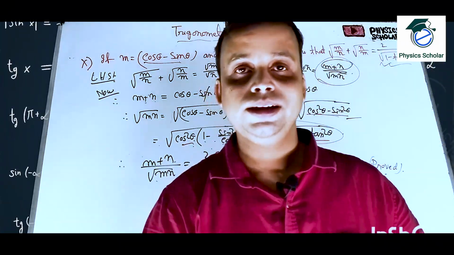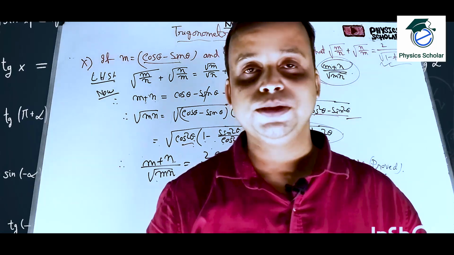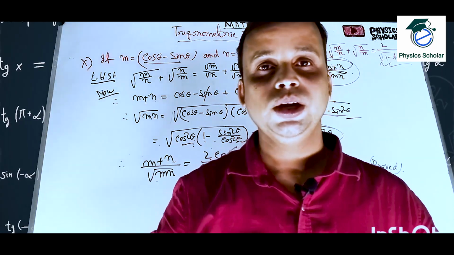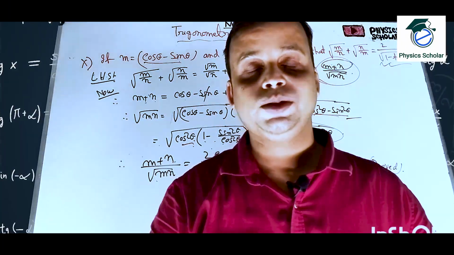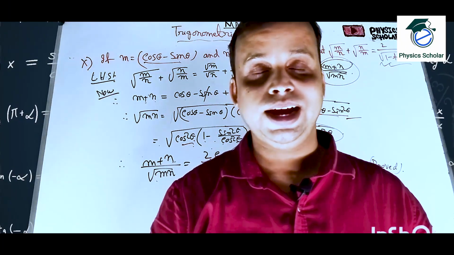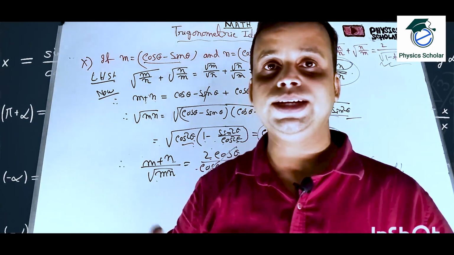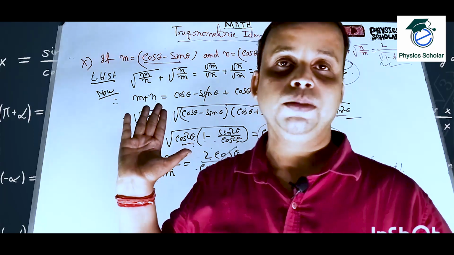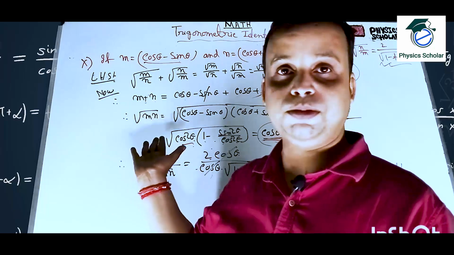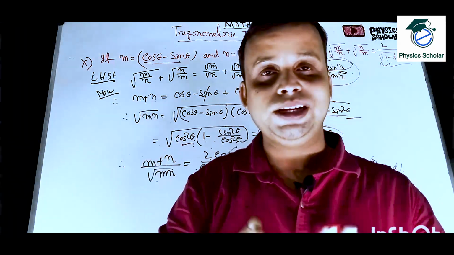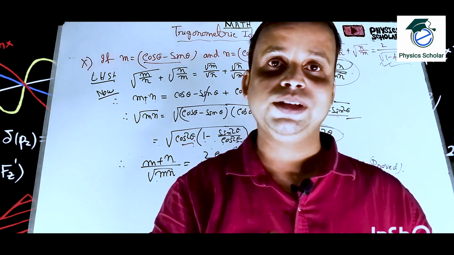Clear? So students, I hope you have understood today's episode. I have solved some sums, and in the next episode we will solve some more sums from this trigonometric identity, and next we will move to the next chapter, height and distance. Within the next 2 to 3 episodes I will try to complete the trigonometry syllabus for your board examination. I am giving you the guarantee, if you can solve all the sums which I have done throughout the trigonometric episodes for class 10, I think you will be able to solve all types of sums in the board examination.